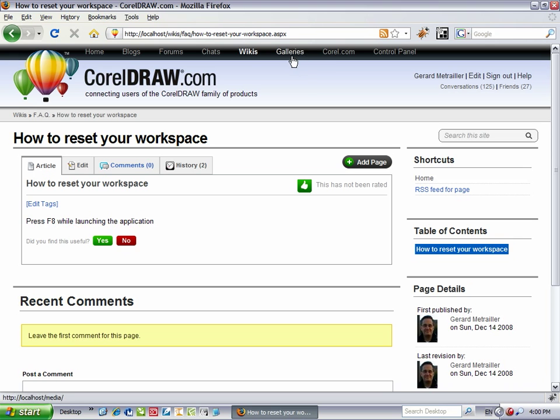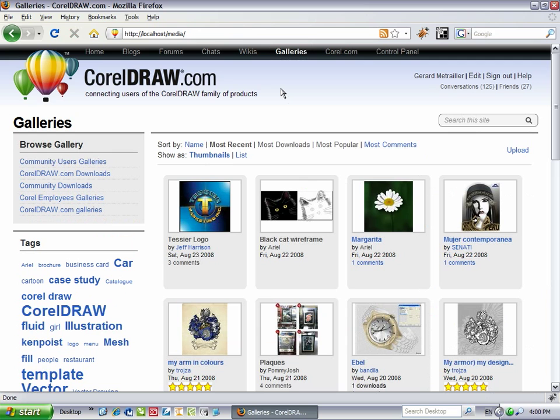The final big change we're doing to CorelDRAW.com is that we're actually merging our download section with our gallery section. Some of you who had galleries on CorelDRAW.com wanted to be able to share more file formats, not only images of your artwork, but also color palettes, templates, or even CDR files. And we're adding that capability here in CorelDRAW.com with the next release. We're evolving the current galleries into real media galleries, where you'll be able to show